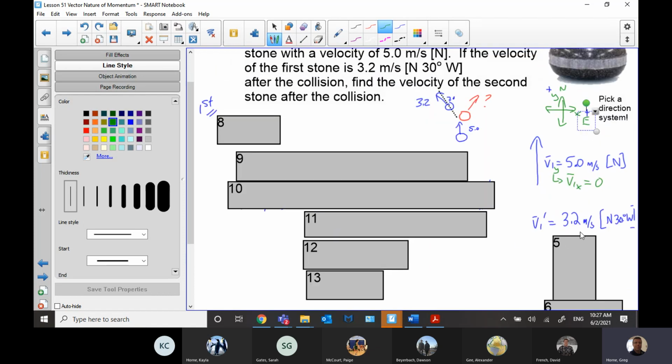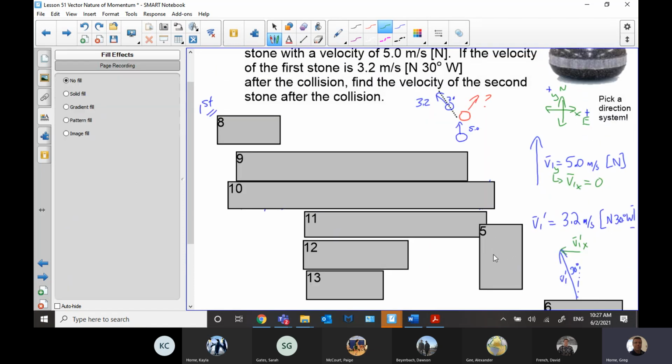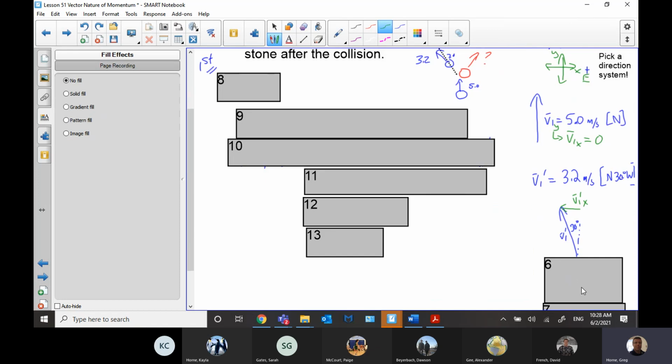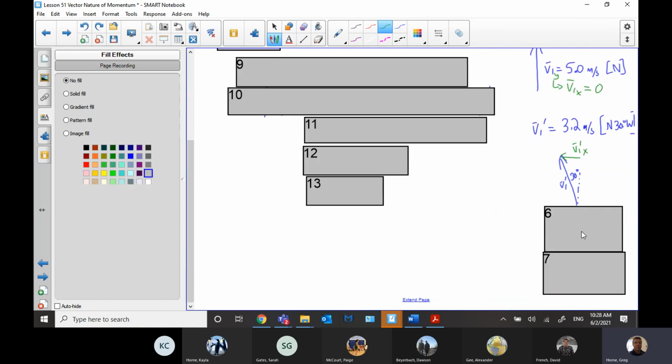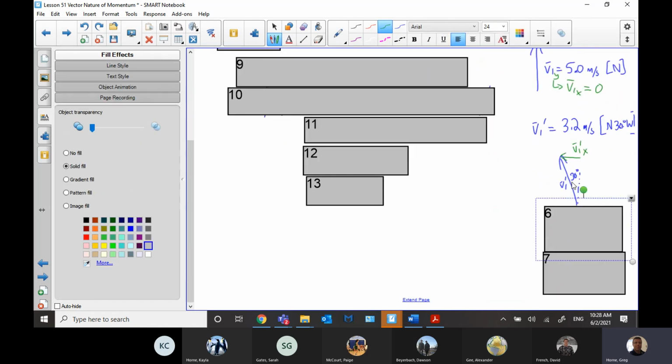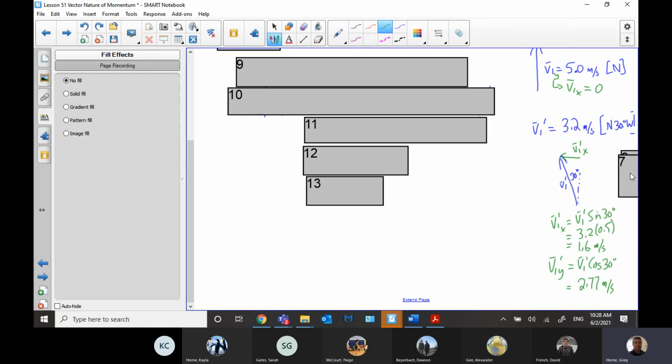The V1 prime is 3.2 north 30 degrees west. So we can draw that vector and we can calculate its components because we know we're going to need it, right? So if we're looking for the vertical component, actually it looks like I have the horizontal component written first. So notice we're on the opposite side. And so the x component is going to be based on sine of 30, like we talked about on the other slide, and then the y component is going to be based on cos.